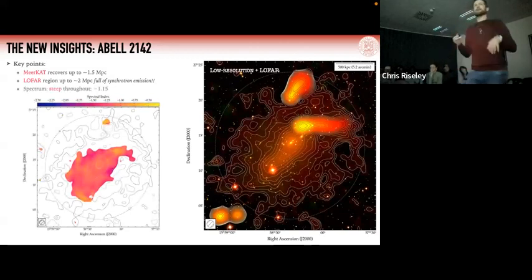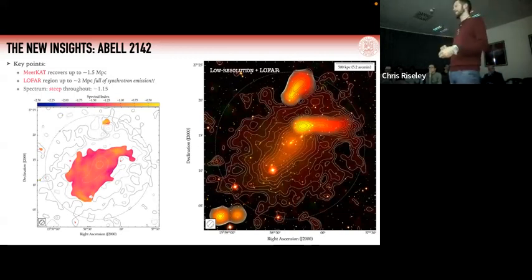It's fairly steep spectrum throughout, though again, I emphasize, not ultra steep spectrum. We see a spectral index of around minus 1.15, which again is very typical of radio halos and radio relics. And the color is really not coming out very well there. So if you want to see it, come talk to me later.